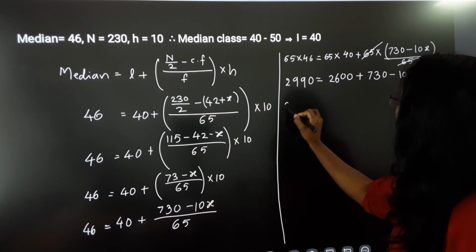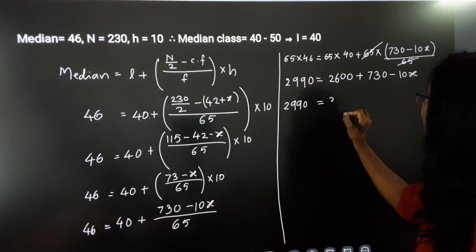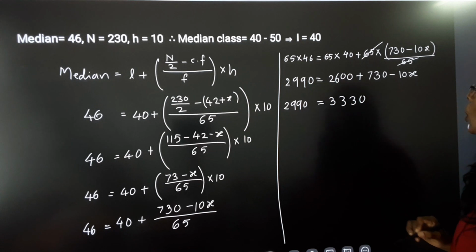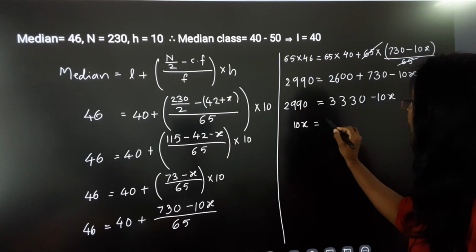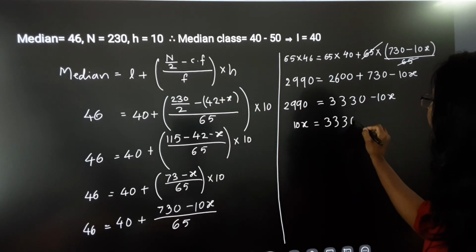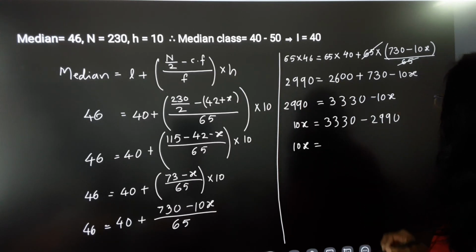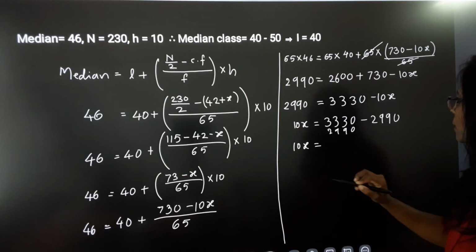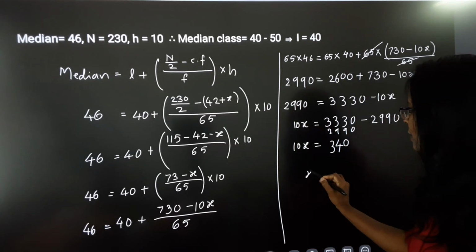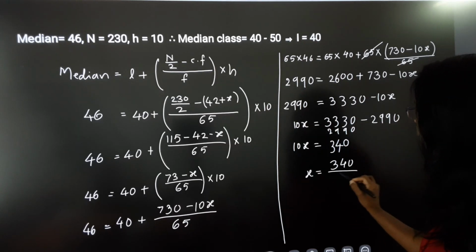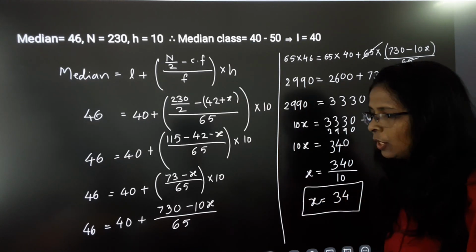So now 2990 is equal to, addition of this, that means 3330, minus 10x. So now 10x is equal to 3330 minus 2990. So 10x is equal to 340. Okay, so x is equal to 340 upon 10. So x is equal to 34. Okay, so x is equal to 34. Now here